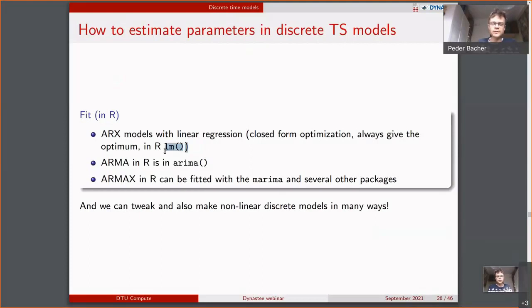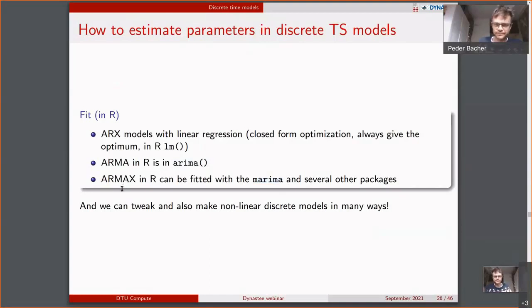In R we can use this LM function, and in Python and other languages there are other functions. The ARMA model in R can be fitted with this ARIMA function, which is already in base R. And for the ARMAX models we actually need some other packages. We can use this MARIMA package,